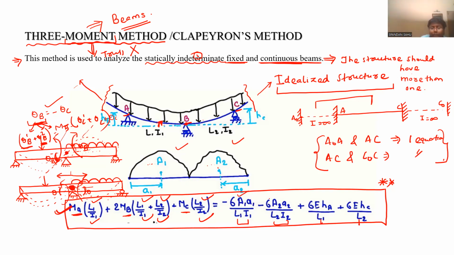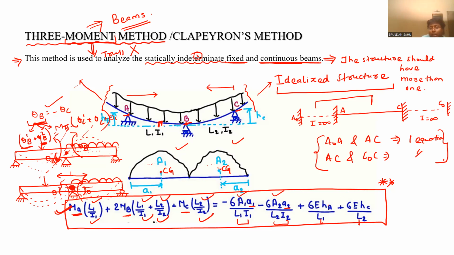So you got the idea about A1 and A2. These are the moments of the area of the bending moment diagram: A1 will be calculated from support A and A2 will be calculated from support C. And these are measured to the centroids of